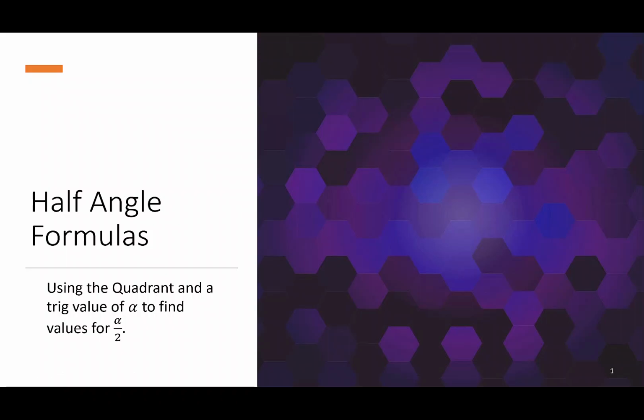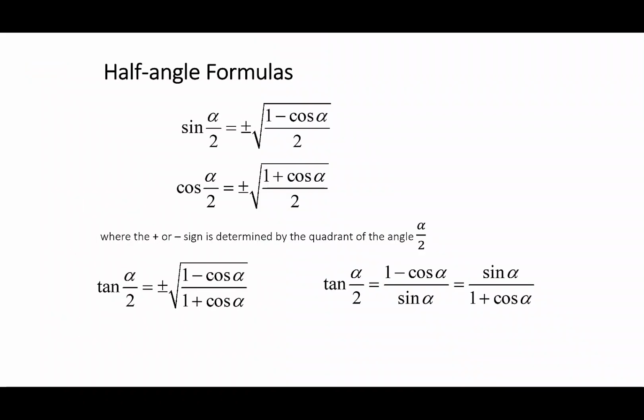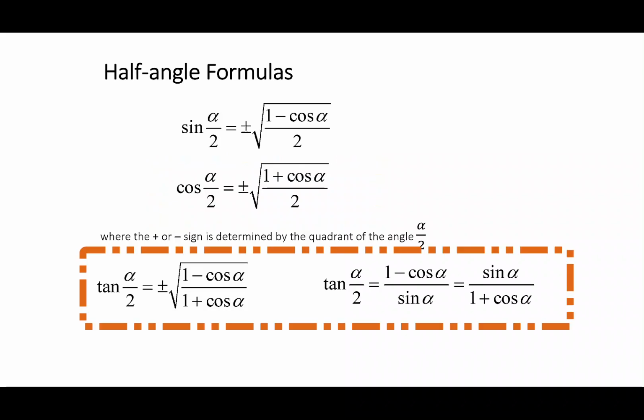Hi everybody, I have one more video about half-angle formulas. This time we'll be using some information about the quadrant of a given angle and a trig value of alpha to find a trig value of alpha over 2. As a quick reminder, we have half-angle formulas for sine and cosine, and then we have 3 different versions of